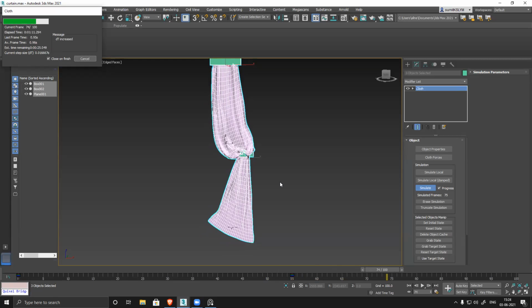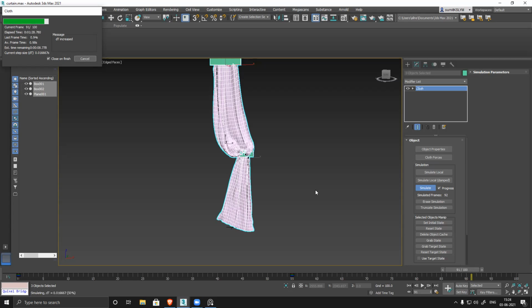And even I placed the box model so that it intersects the plane. I went to the top view and arranged it in a straight line so that the box intersects the plane. But still, the curtain is coming with this type of fold, it's very weird and it's not looking good.